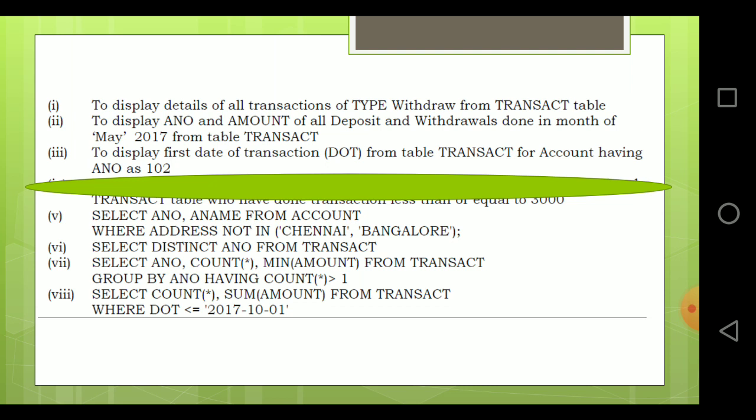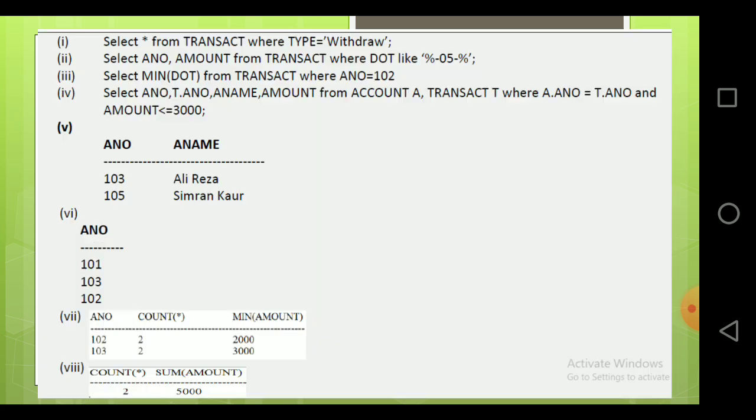So you have to get the number of transactions which happened before 1/10/2017. So how will the output come? The count of transactions that happened before that date was 2 and the sum of amount for those dates was 5000.